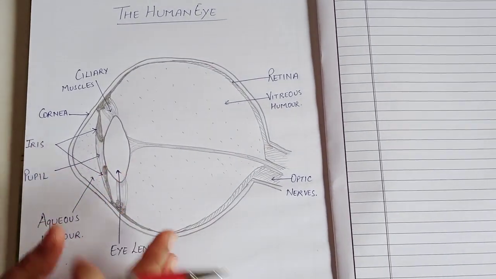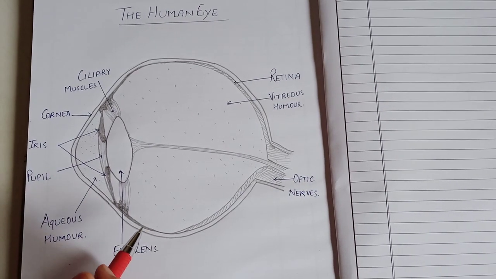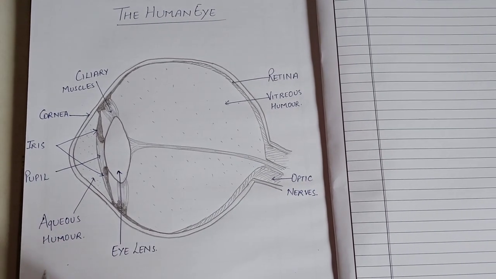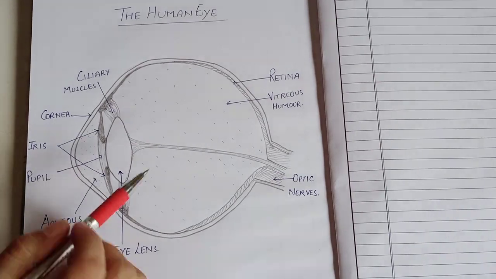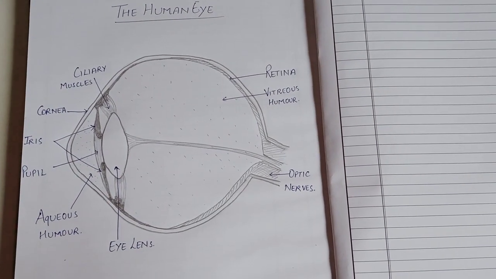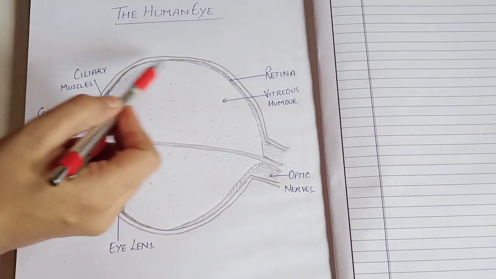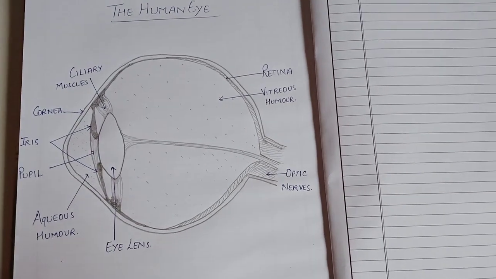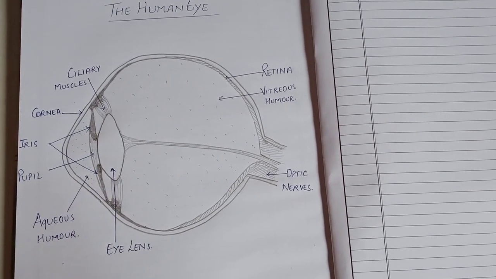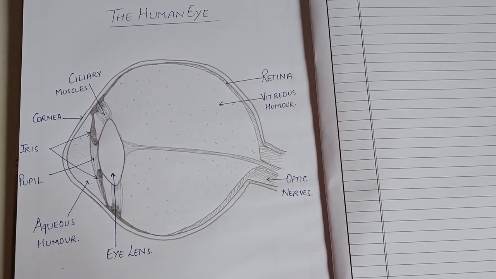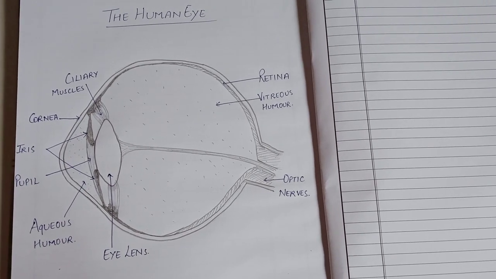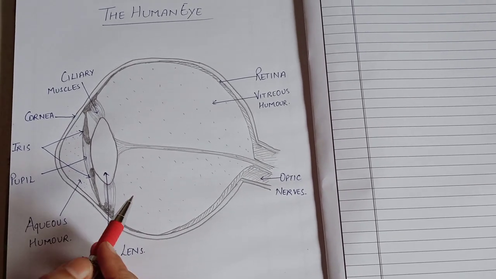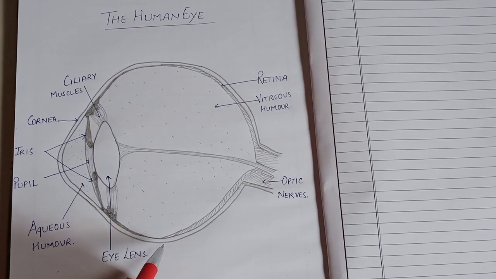You can see I have drawn a very beautiful simplified structure of the human eye for you people. I will start from the very basic. You can see there is a ball-like structure. This is called the eyeball. It is well protected in the socket of the human skull. This complete structure is called the eyeball.